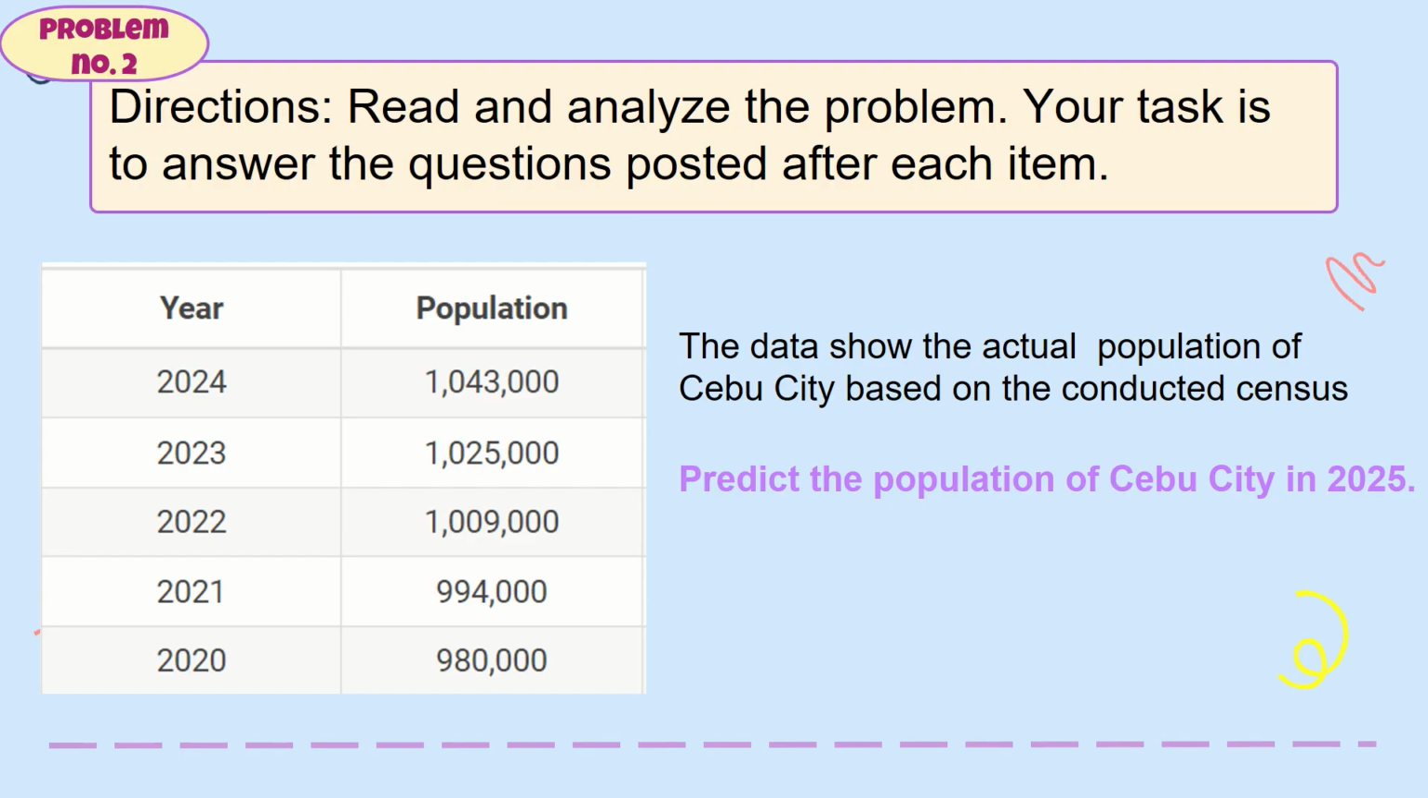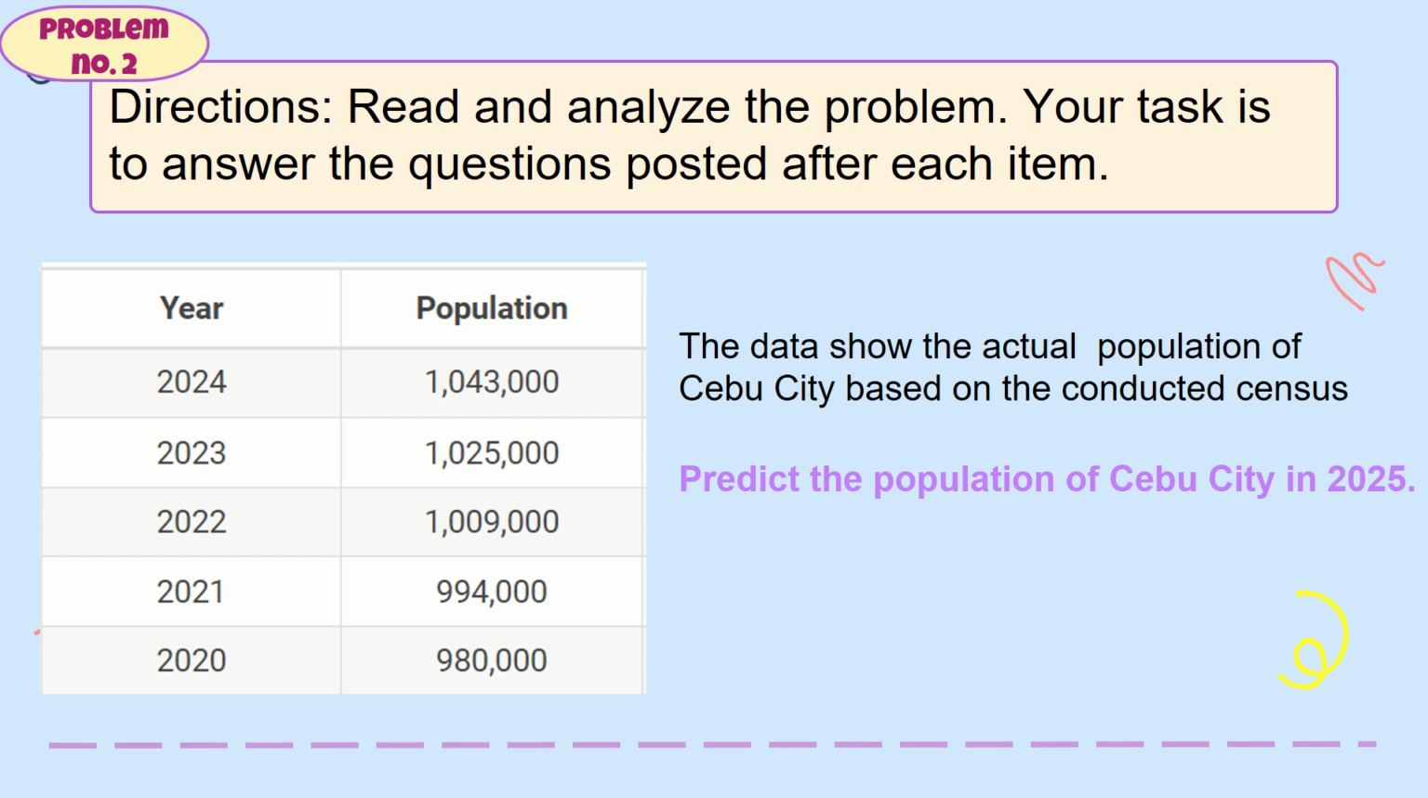How about this? We have problem number 2. Let us read and analyze the problem. These are the actual data of the population of Cebu City as of 2024. So you have the population summing up to 1,043,000. So there are many of us now, no? From 2020, that is only 980,000, and this year 1,043,000. Okay, now we are tasked to guess or to predict what the population could be next year given the